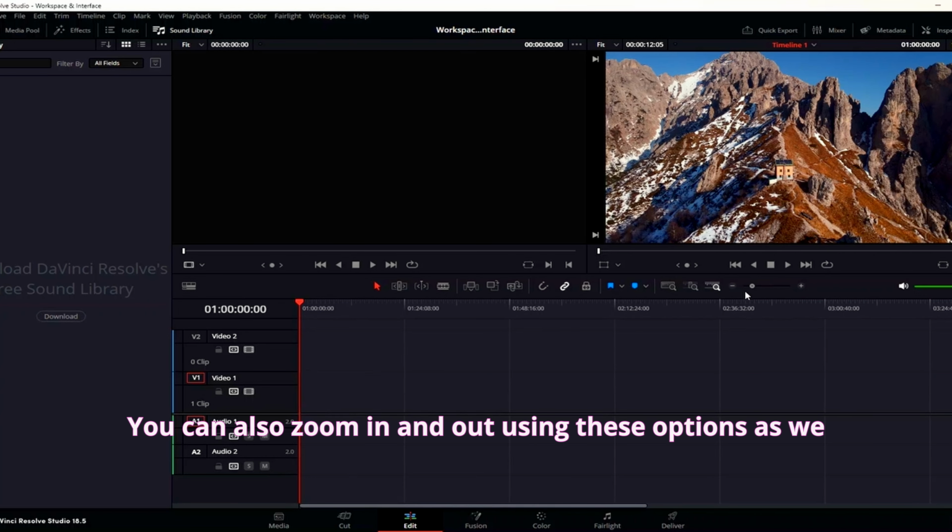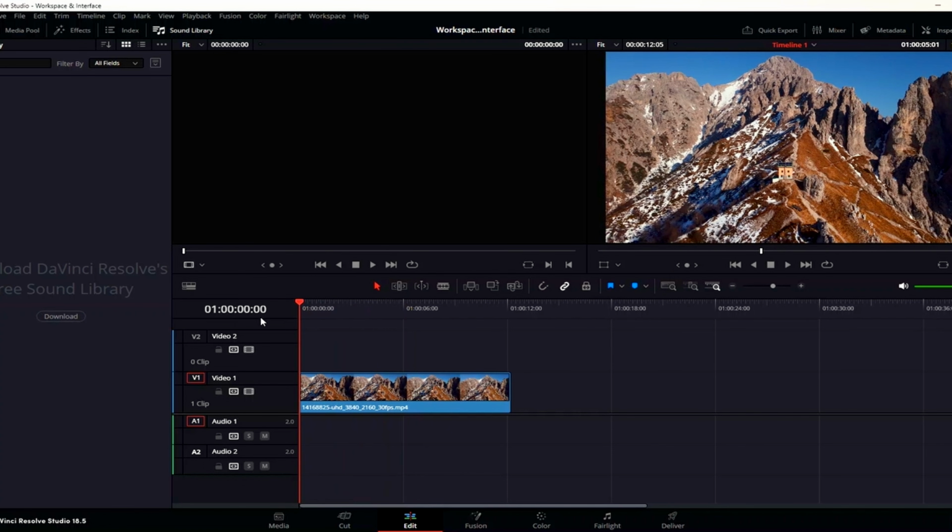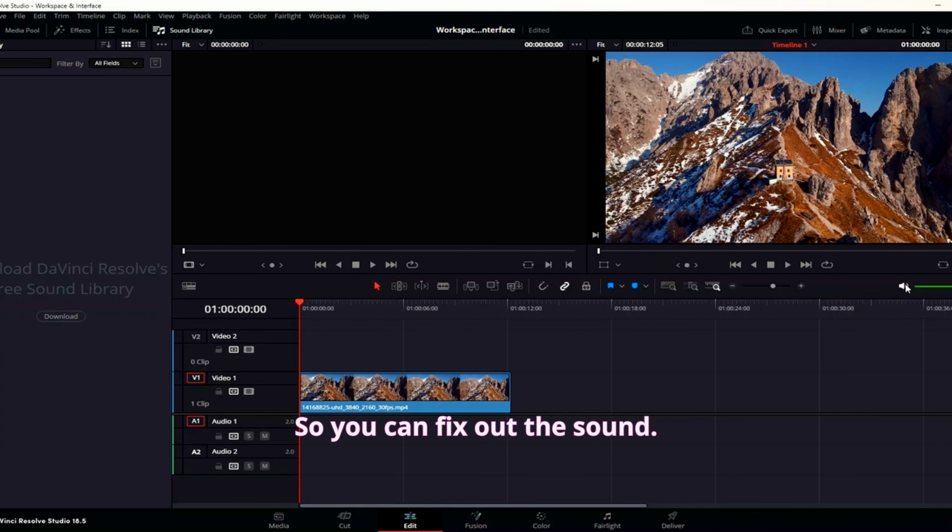You can also zoom in and out using these options, as we do not have another track header over here. So all you've got to do is use one, with which you can see the whole thing. And then you can zoom in and out. So you can fix the sound. So basically this is it for our edit